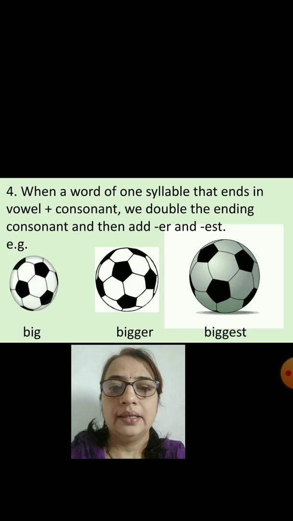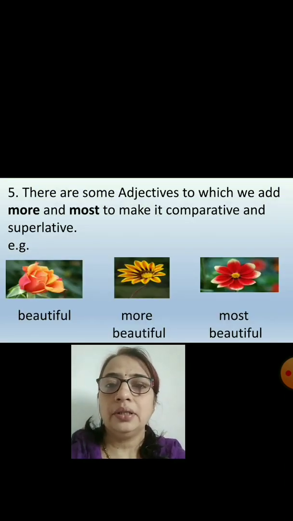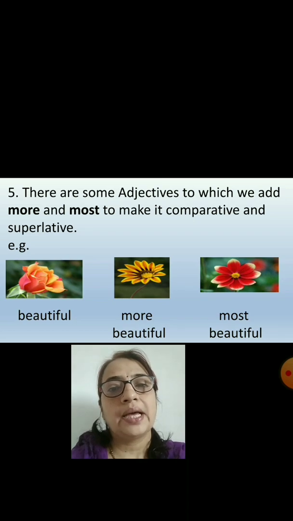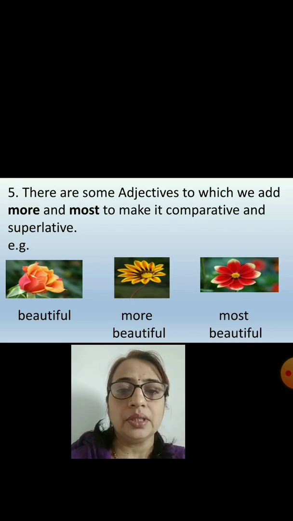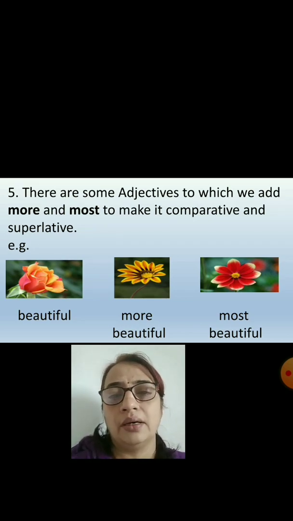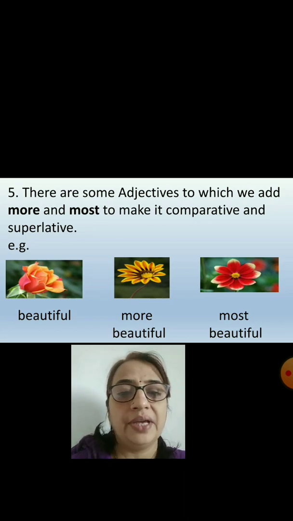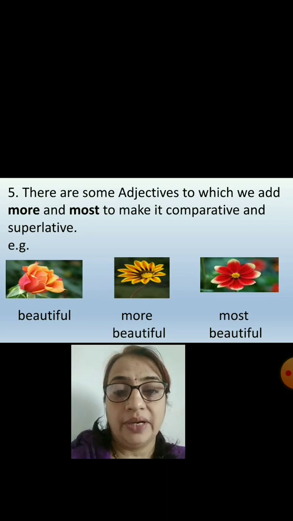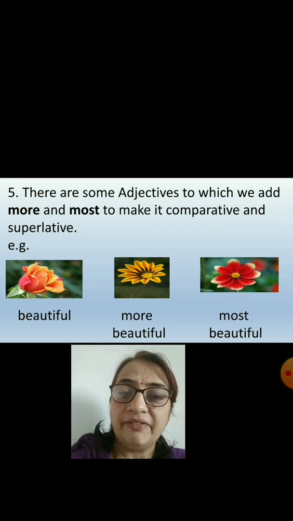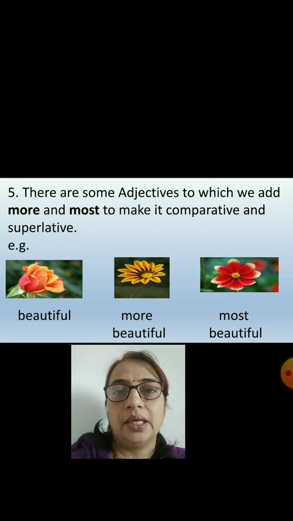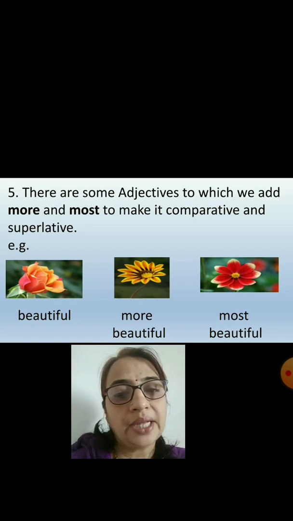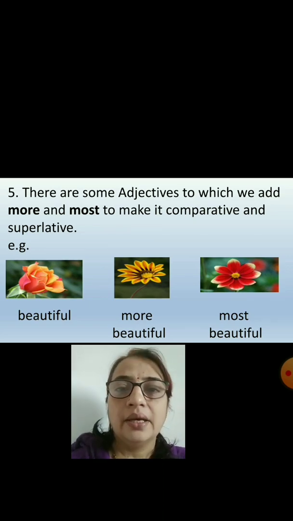Understood? Easy? Let's move ahead. Now children, there are some adjectives to which we add more and most to make the comparative and superlative degree. So far we have seen that to make comparative and superlative we have added ER and EST. And what are the rules for that while adding ER and EST? What all things we have to keep in mind. But every time those rules are not applicable. In some cases, we don't add ER and EST but we add more and most to make it